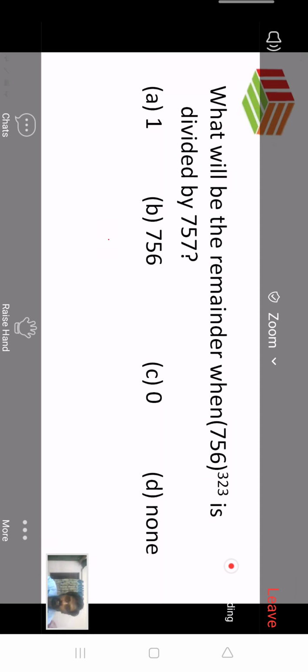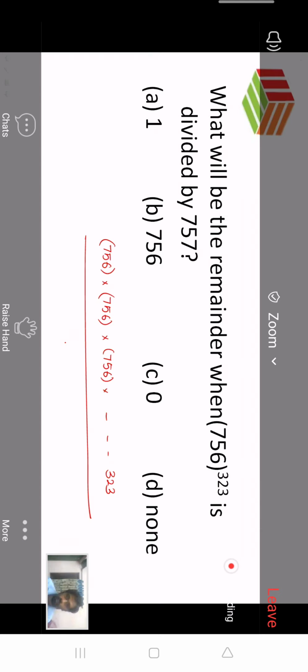So 756 power 323. What is the meaning of it? 756 into 756 into 756, like that 756 is coming 323 times. You are dividing with 757. So 756 by 757, we can say the remainder is 756, or otherwise 756 is 1 less than 757. You will get minus